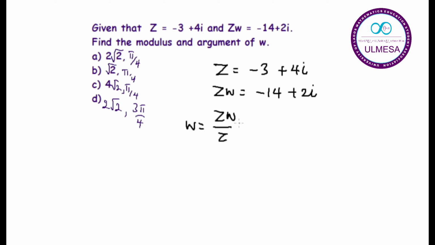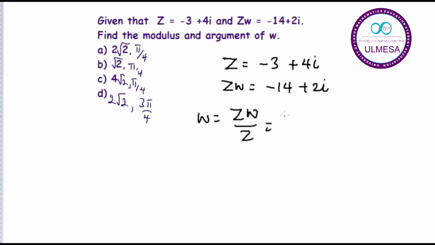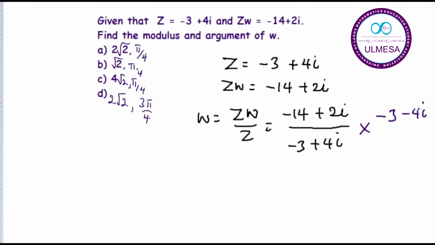Good. And what is our ZW? ZW is minus 14 plus 2i. This is over minus 3 plus 4i. So this doesn't really make sense, so I have to make it work to what I can work with. So I'll find the conjugate by changing the sign of the complex part. So minus 4i over minus 4i. So if I'm to do the calculations, W will now be equal to